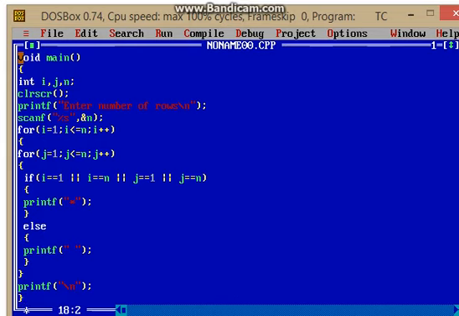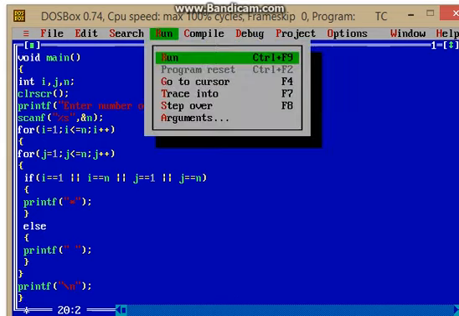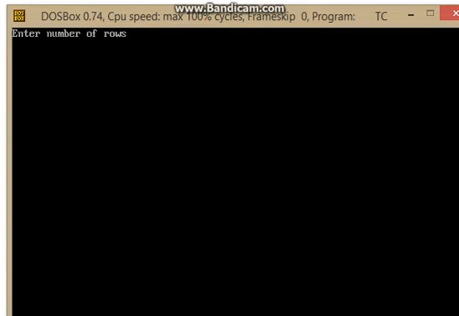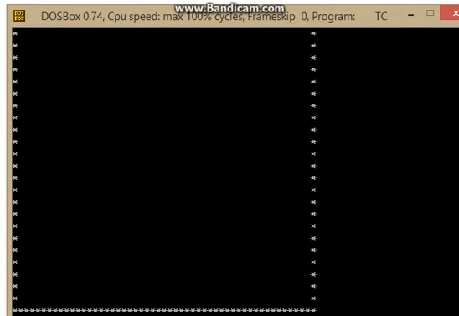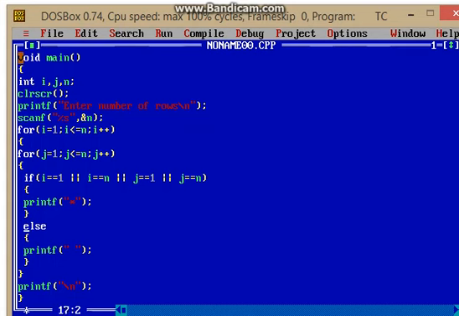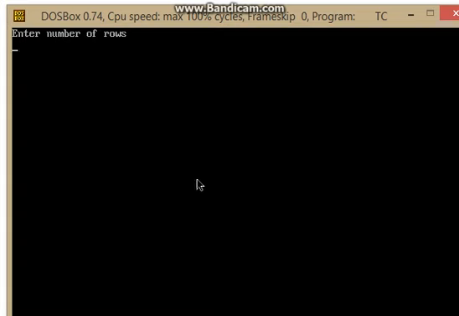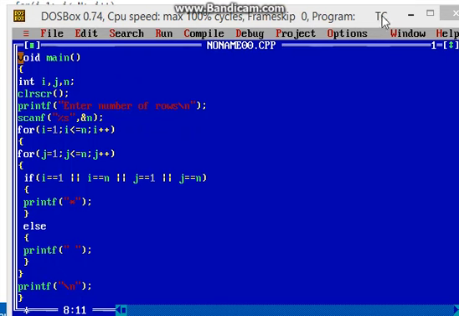Understand, guys? This is the logic, and let's check whether the program is working or not. 5. Oops, we have a long output. Why is it so? Oh, there is something wrong in the code.